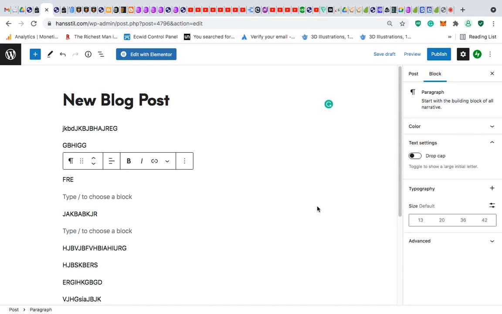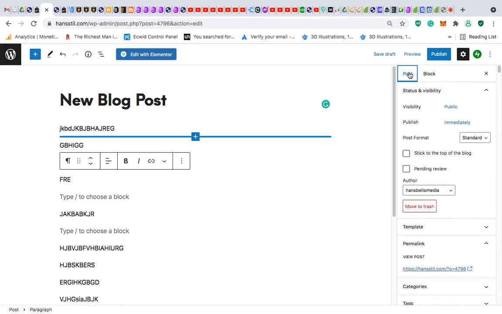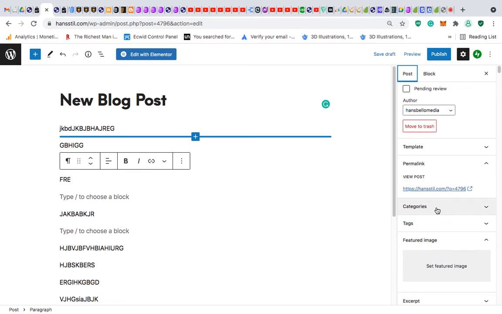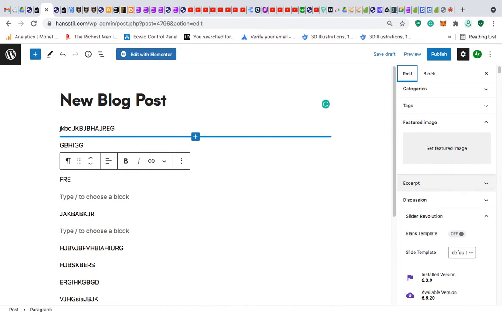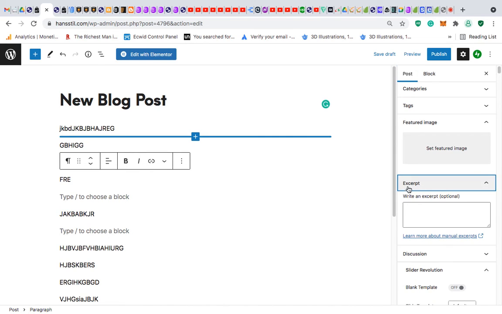So be intentional about writing your post and the keywords you use. Then please come to this post side and make sure you have a featured image. I'm saying this again. Make sure you have a featured image. Make sure you have something on your